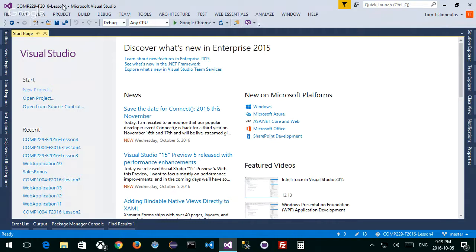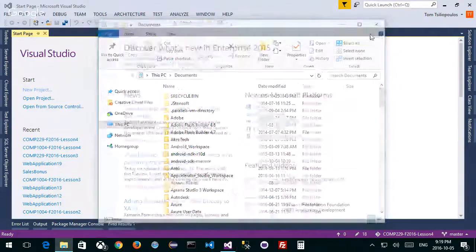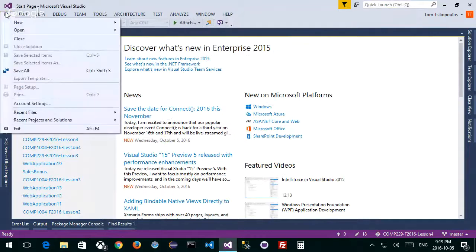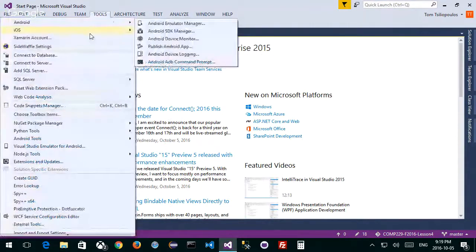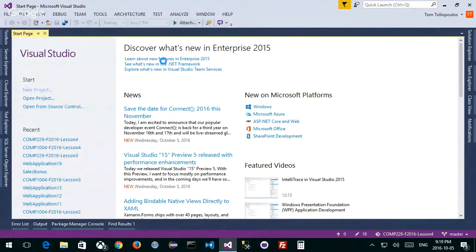Okay, now I need to use this template. File, Close Solution, right? And here's what it actually tells me the position where it put it. You're going to see a zip file. I'm going to make a new project now. So I'm going to say File, New Project. There we go.